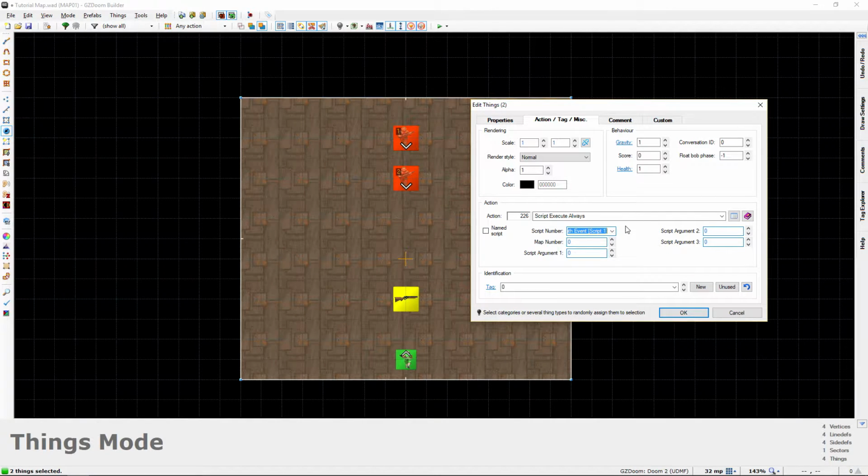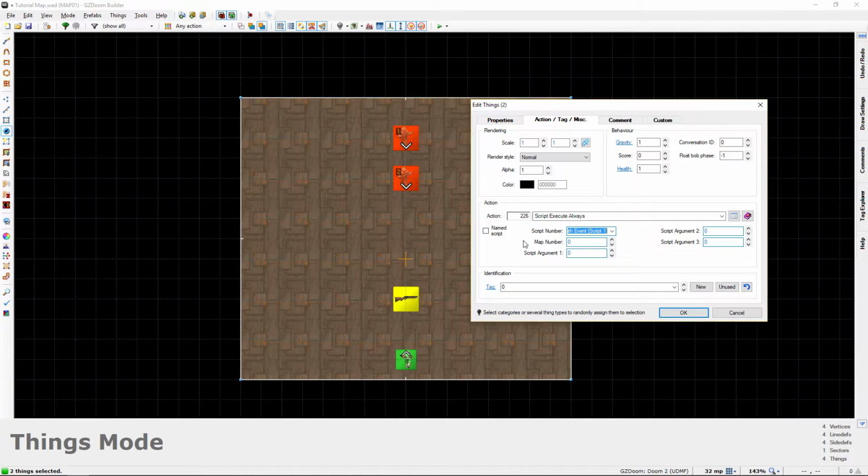like we would expect. Now at this point you're probably thinking to yourself, well, if that's the case, then why would I ever use script execute? Why not just always use this one, script execute always? Well, unfortunately, script execute always also has a limitation of its own, and that is if you execute a script this way, you can't